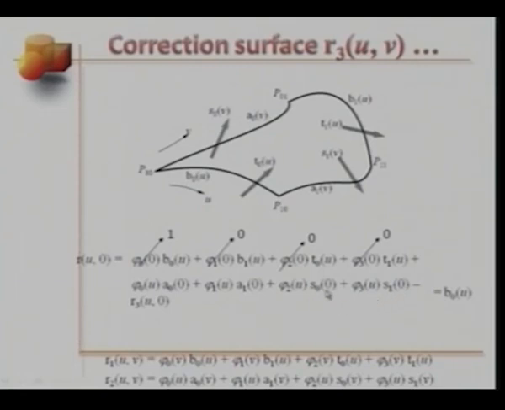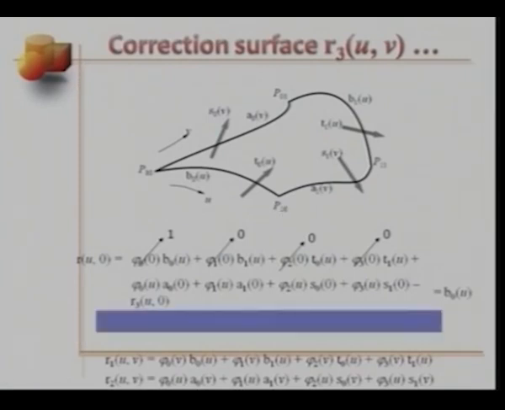You're looking at the cross boundary tangents s0 of v. For v equals 0, the cross boundary tangent along the u direction will be defined at p 0, 0. S1, 0. You're looking at these sets of cross boundary tangents, and for v equals 0, S1 of 0 will be defined at p1 of 0. We'll come to these later. For now,